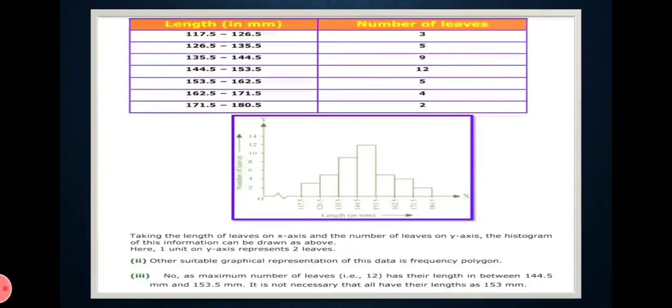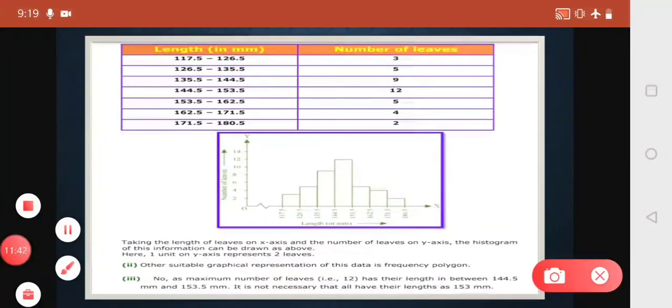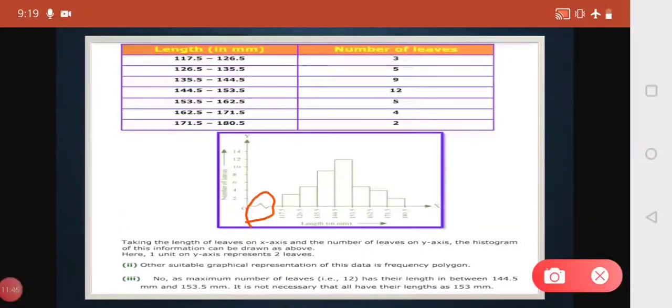Now when we are making this, we have to draw a zigzag line, because we have taken 0 as the origin of the x and y axes, so we write 0. Then after that we take the first class interval, that is 117.5. The numbers in between we are not writing, so we show this with a zigzag line, as the gap between 0 and the first class interval.